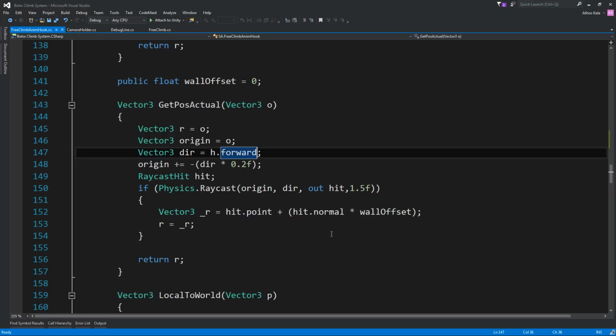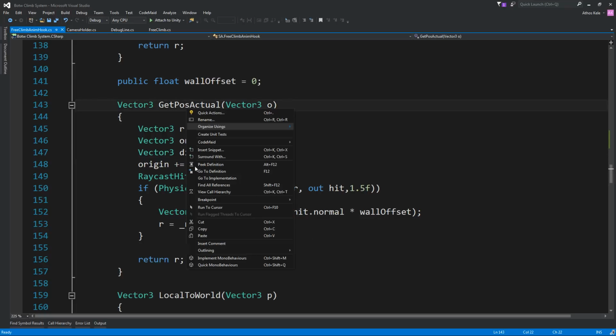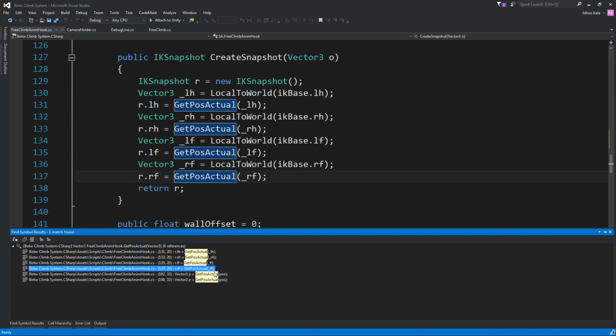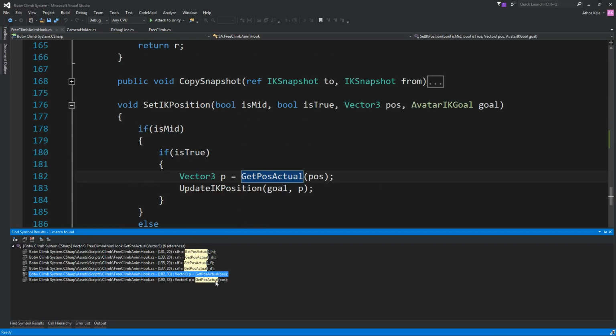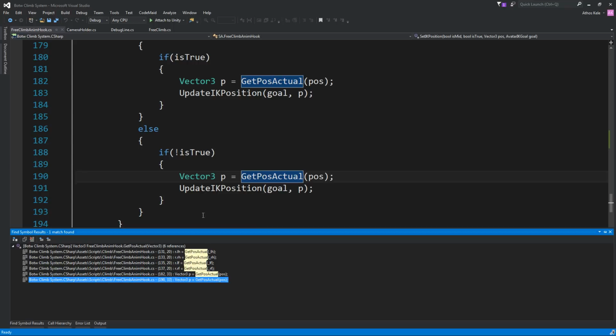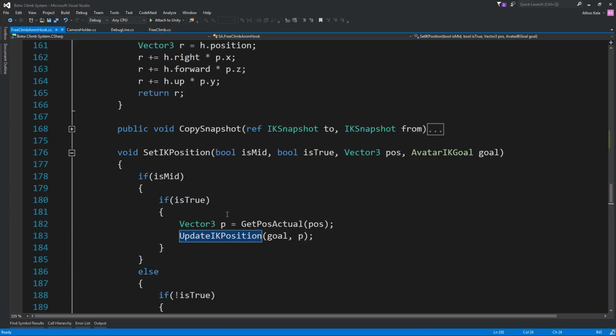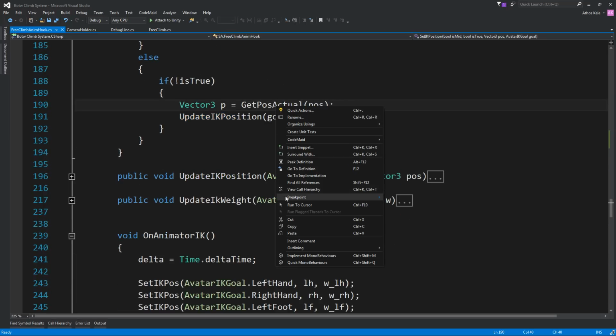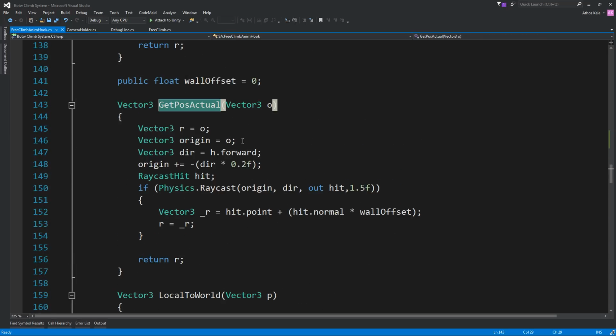So, and goal definition, where we're passing the position, we're going to be saying